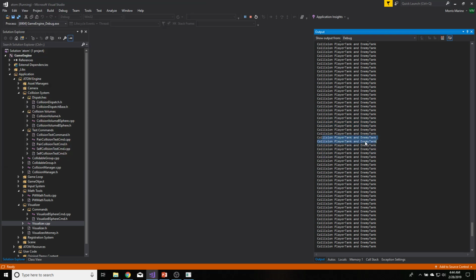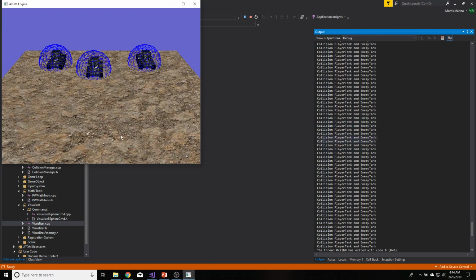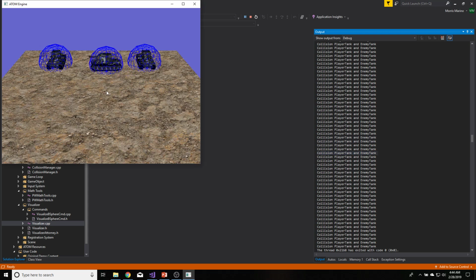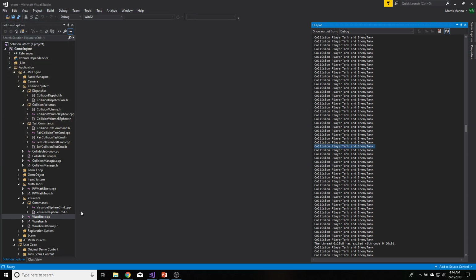That's still left over from when I was trying to figure out why it wasn't lighting up. Basically I would collide with the one on the right here, and the player tank wouldn't light up, and I was very confused for a while. I figured out that it was just overwriting the red one with the blue one when it wasn't colliding with the tank on the left here. But yeah, anyway,